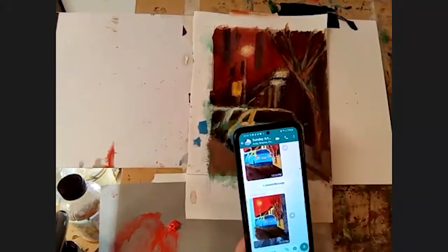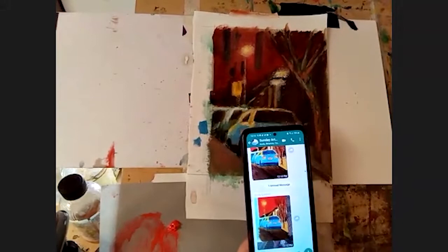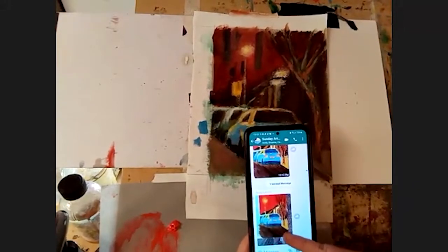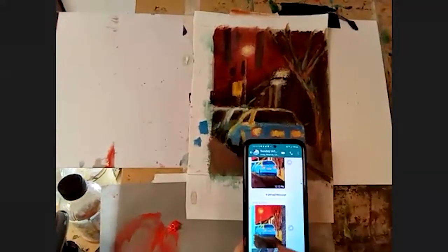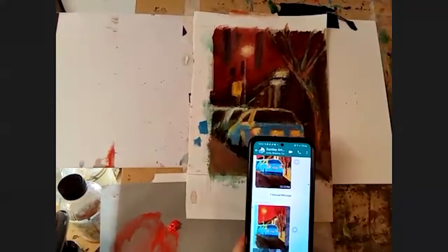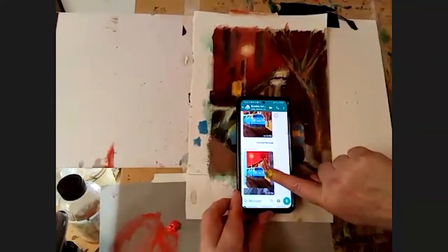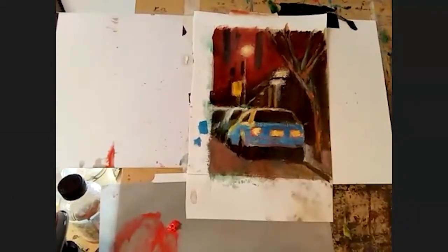So I would say I'm really happy with the perspective on this car. I do think the perspective on the road isn't quite right on this part. I think it's a little too steep. I think it should be going here. Let me see if I can do this. I'm going to try and edit this. I think it should be going